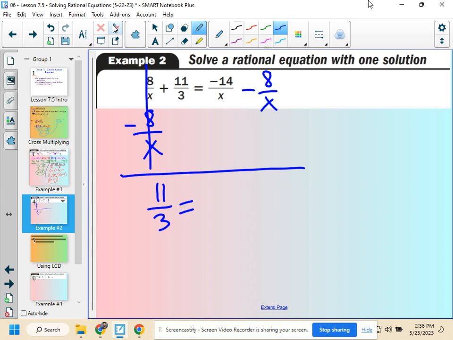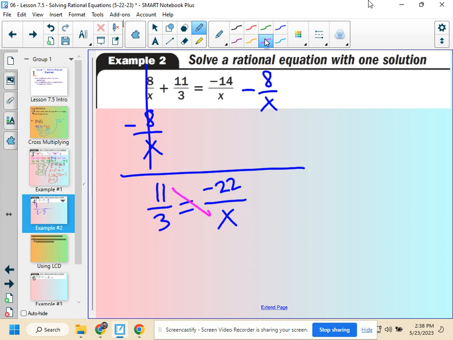But now here's the spot we've seen recently. Negative 14 over x minus 8 over x. They have like denominators, or common denominators, so I can go ahead and subtract the numerators. Negative 14 minus 8 is negative 22 over x. And I've kind of forced a much simpler situation where I can cross multiply here and